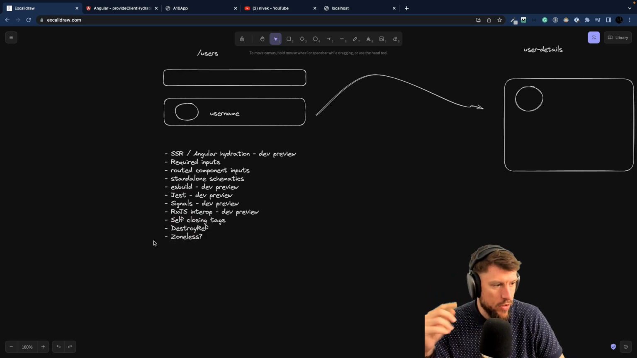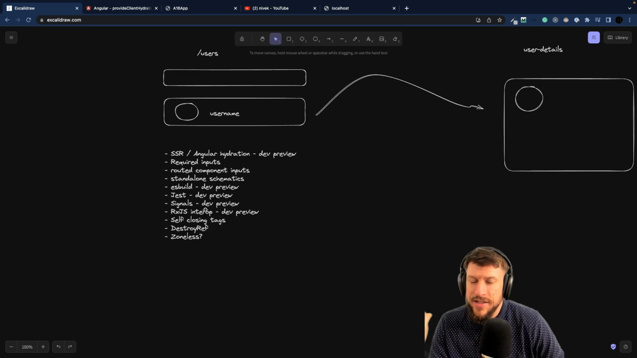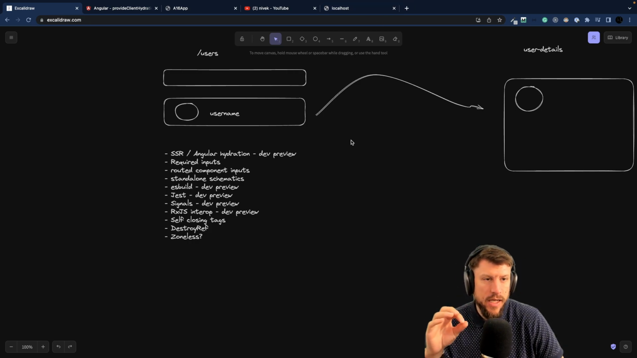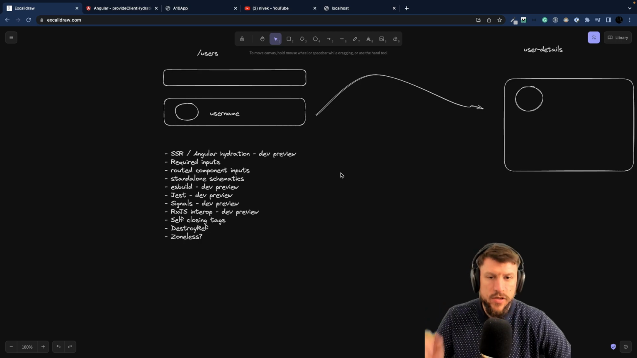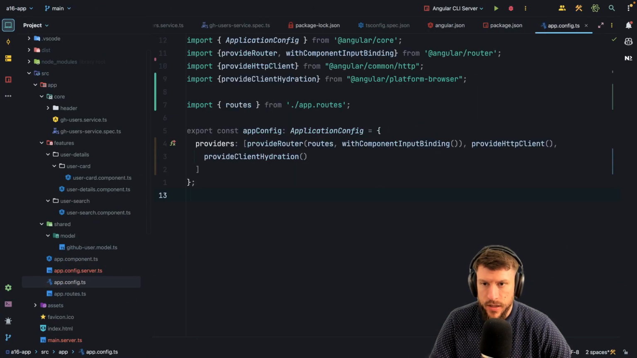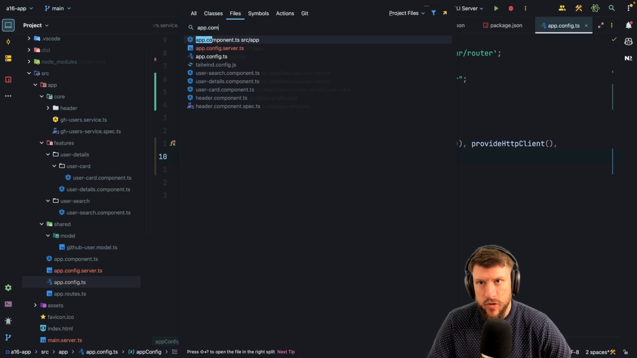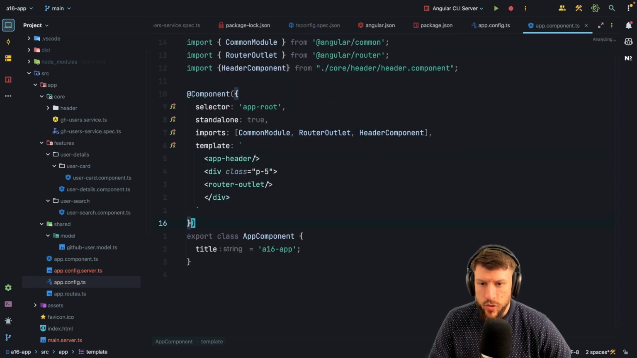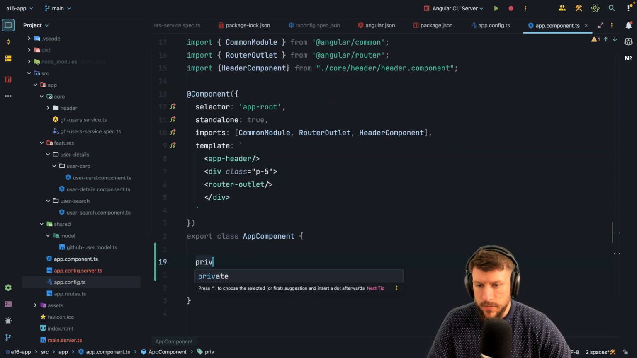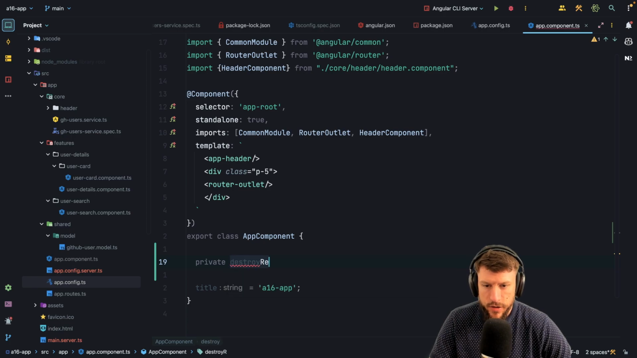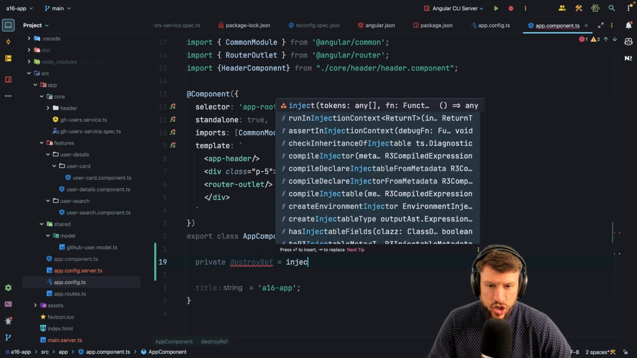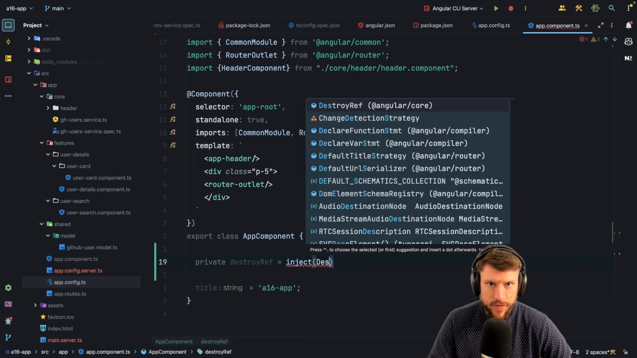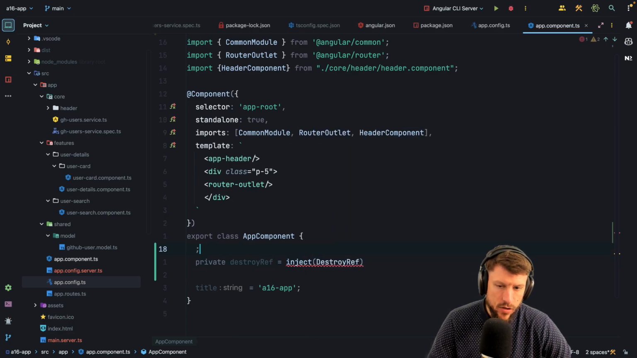And then we have the destroyRef and zoneless. So the destroyRef is basically something that allows you to get a hold. So what you can do is, let's go to the app component, for example. So what you can do is basically private destroyRef, and you can inject the destroyRef. And now